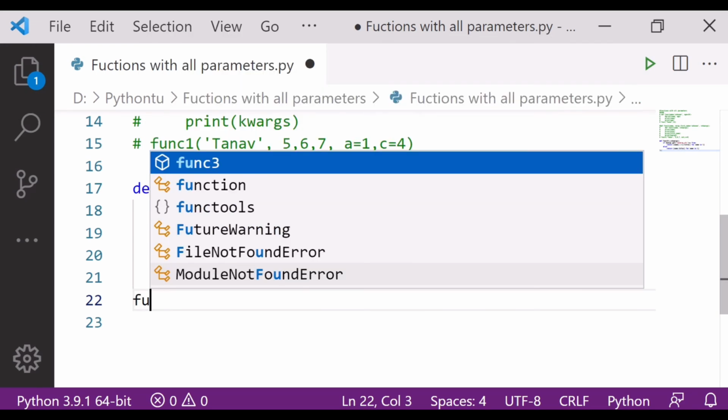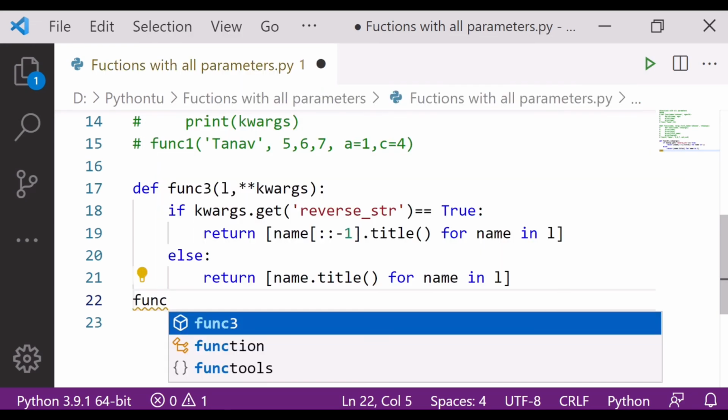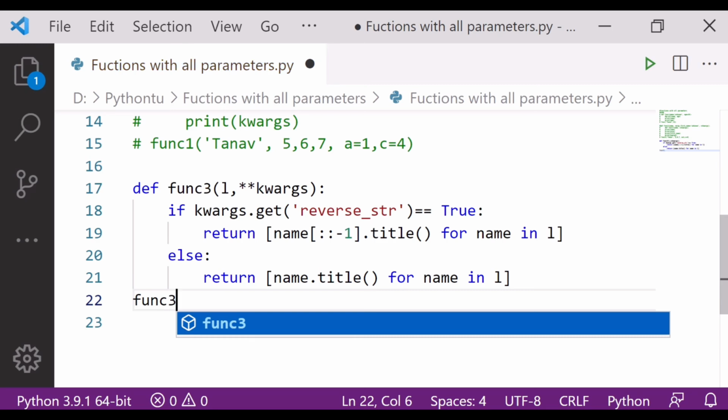Now the last thing, I have to call the function. My function is function 3, so I will call my function here.